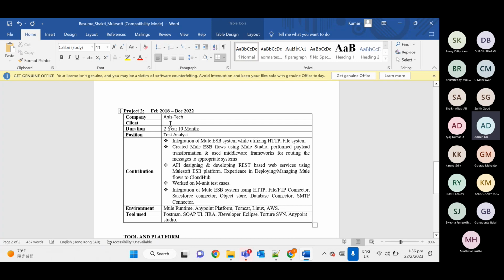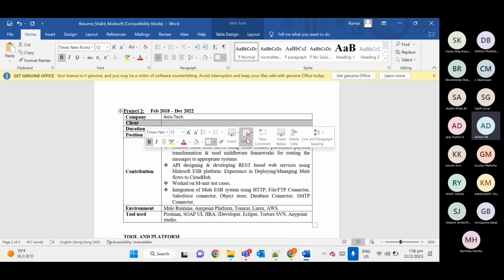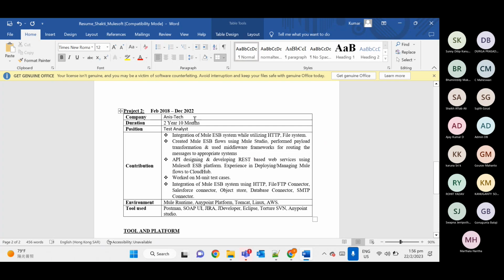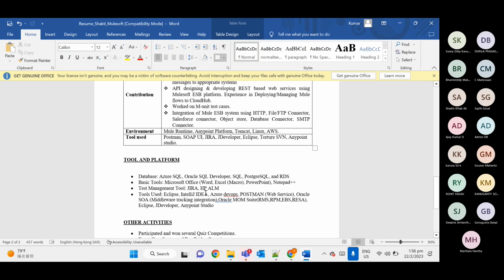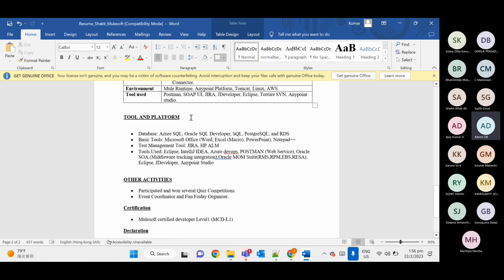Client part we will not put. Then we have tools and platform, which is a separate tab; you can leave it.